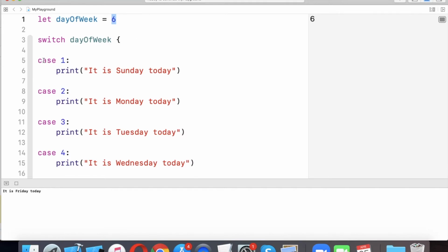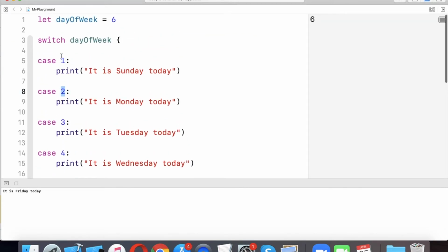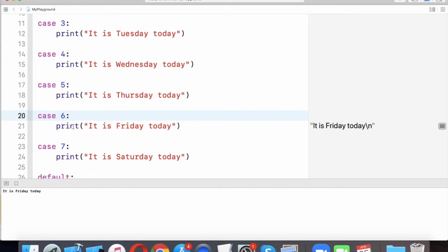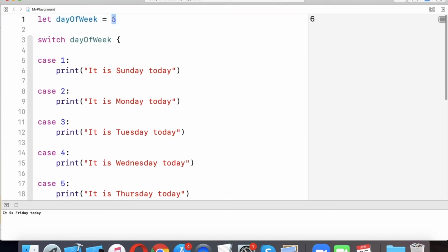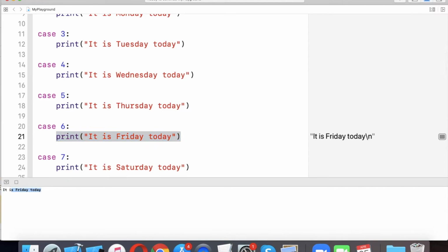It goes to case 1, and 1 does not match 6. Then it goes to 2, which does not match 6, then 3, 4 and so on up to 6. Case 6 is the same as our expression, so the printing statement will be displayed on the console. So it is a Friday today.